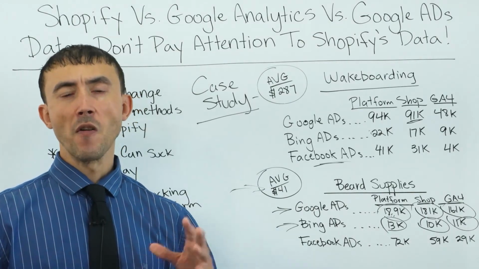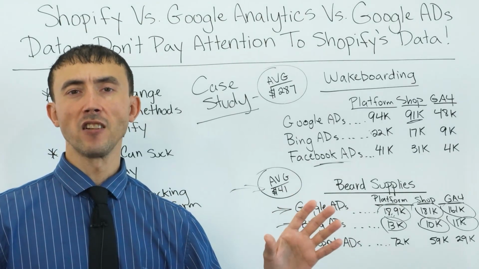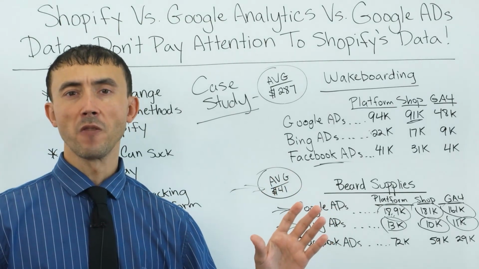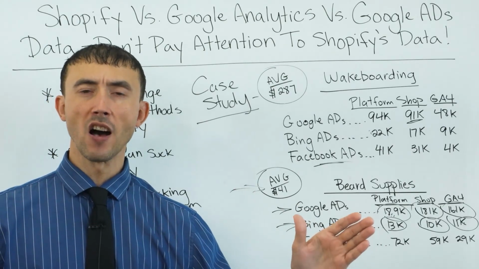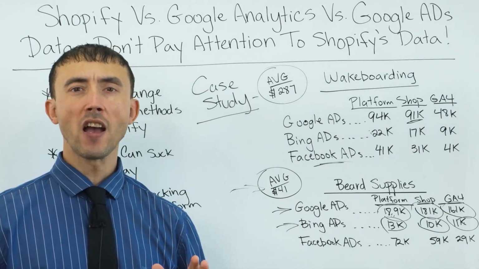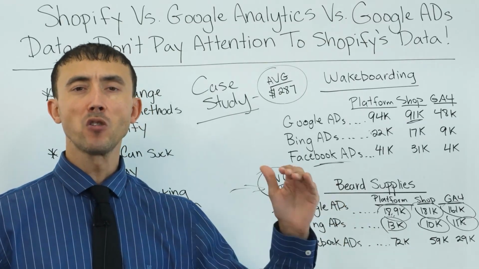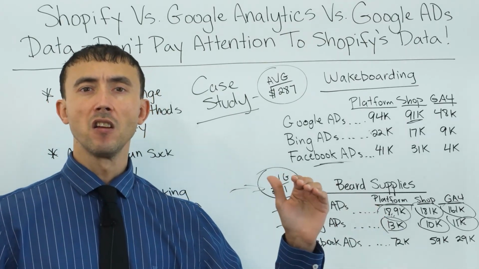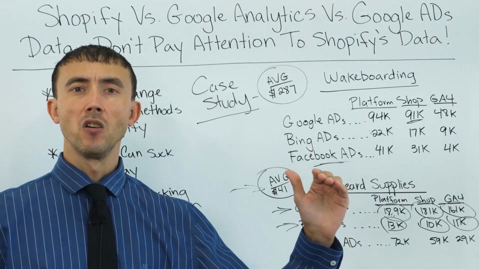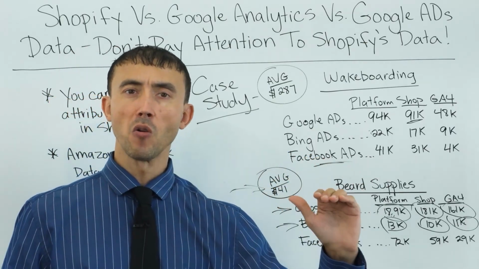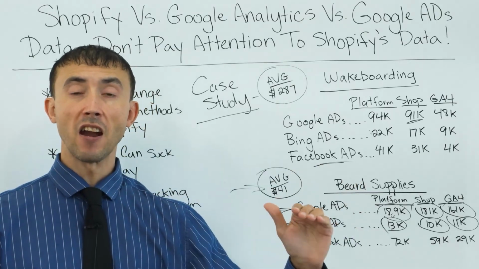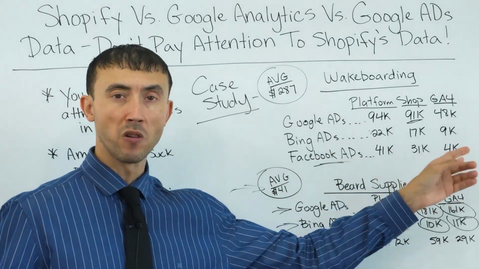Because if a person switches devices and they're not logged into their Google account or logged into their Facebook account, that purchase is lost as well. So conversion tracking is always going to undercount. The question is how much. And so if you're trying to gauge the effectiveness of an ad campaign based upon figuring out if it gets a certain ROI for your business, looking at the inherent tracking in any one of these three,